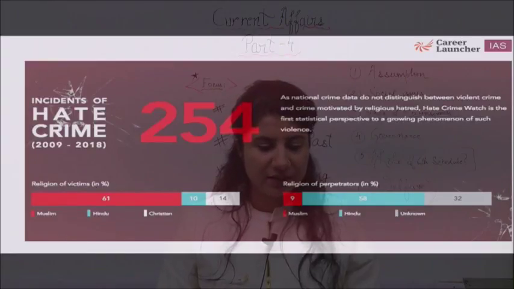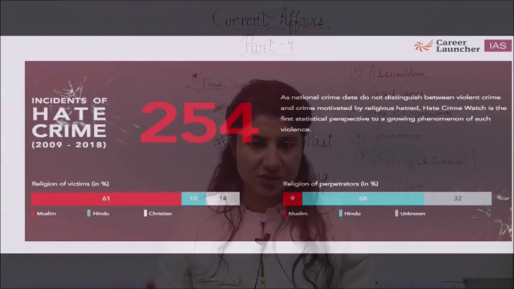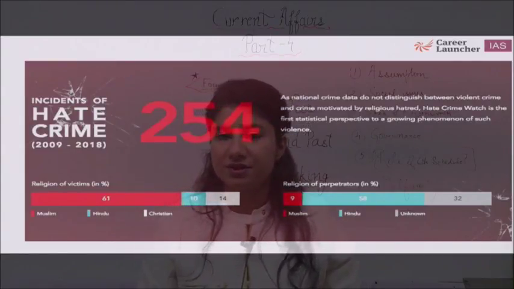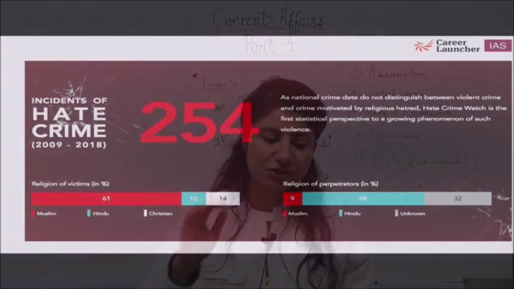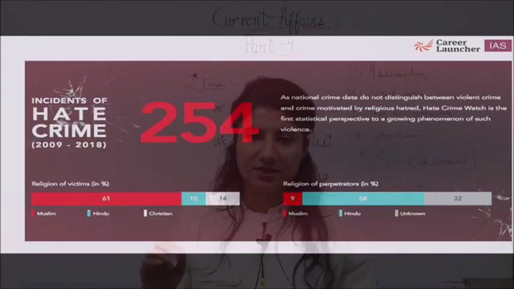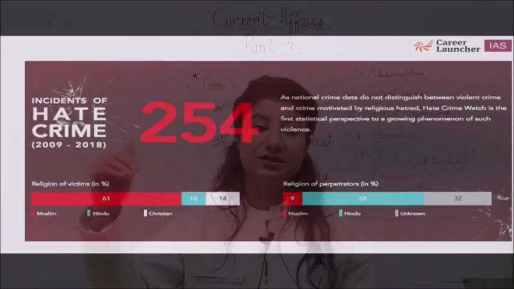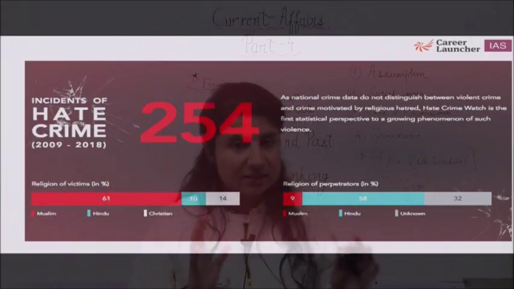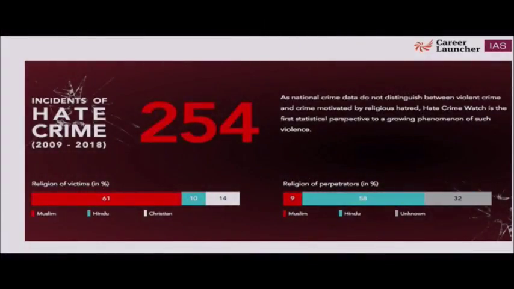Of incidents of hate crime, 75% of these religiously motivated crimes that have happened are against minorities, and it is also increasing. It is on the rise from 2009 to 2018. The hate crime associated with religious hatred is rising year by year. So again, this is what Hate Crime Watch is telling us with this data,